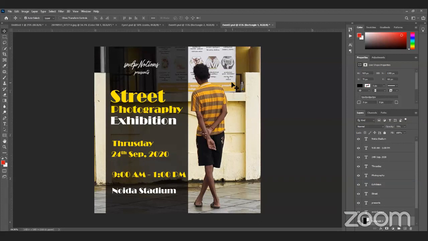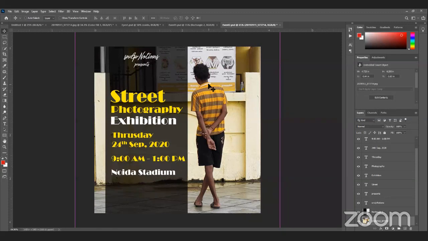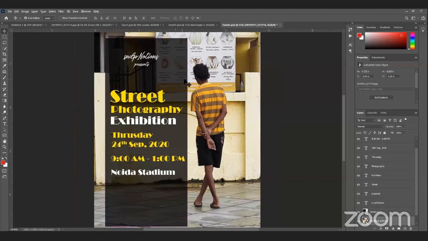Just use only one. But if you want to print it, or if you want to send it by email, and you have more information to share, then you can use a long format, or A4 size or letter size format in your Photoshop. So let's go back to the previous state. Control Z. I'm doing Control Z. Okay, I'm back now.